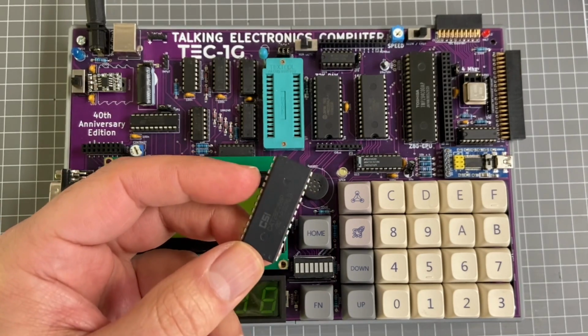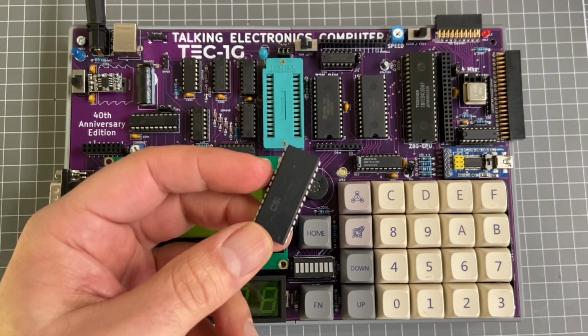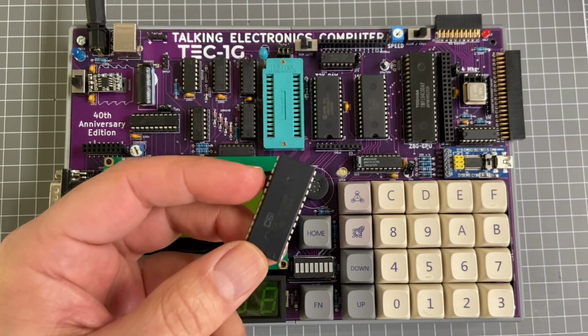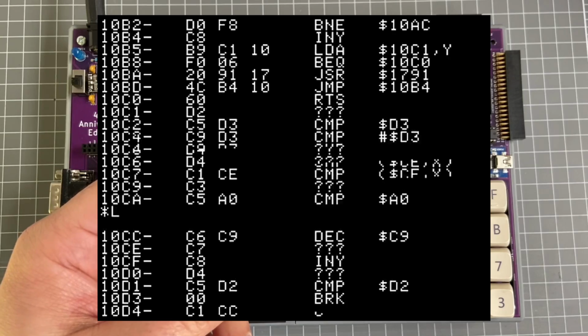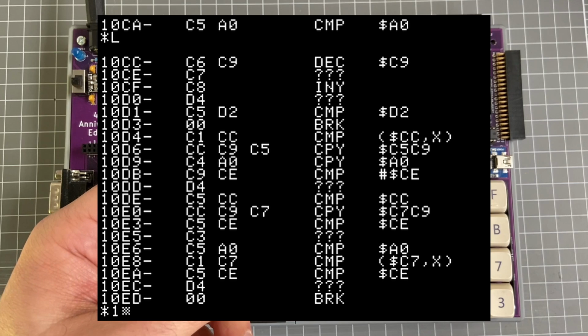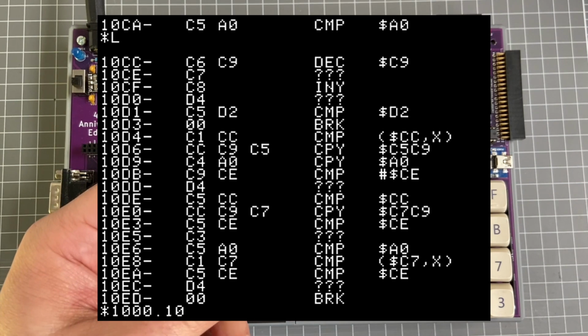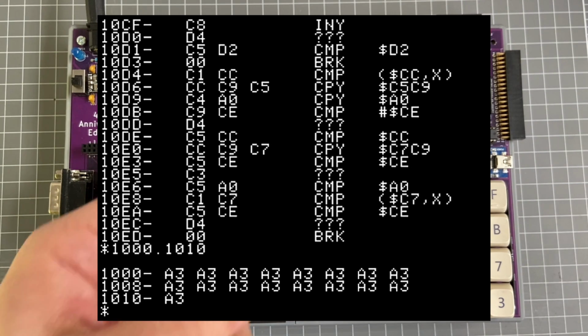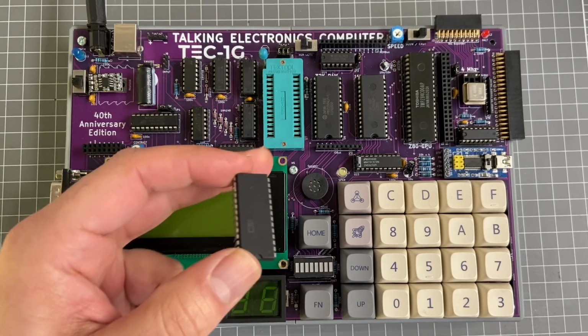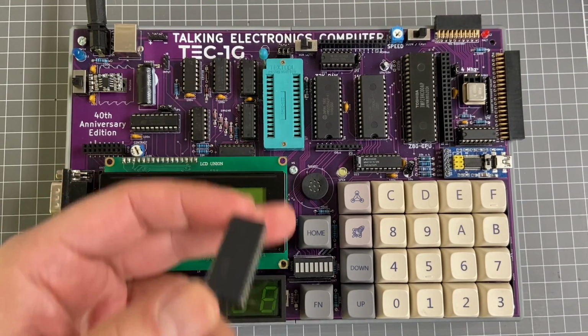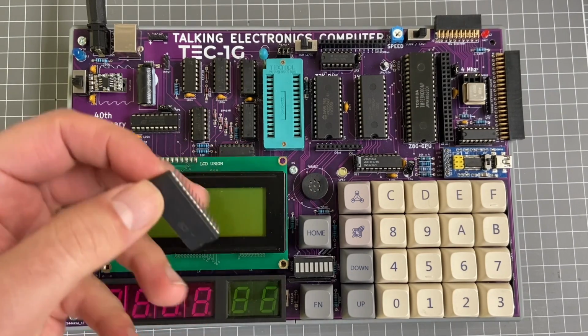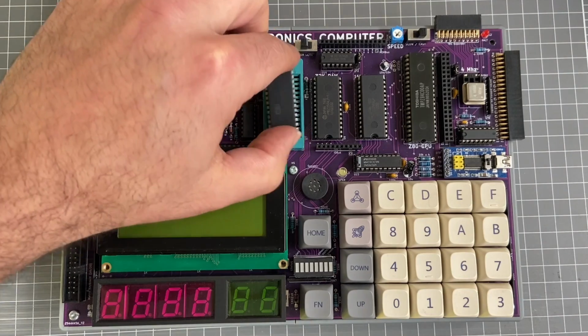And when I started playing with the TEC, I had no idea what a monitor was. I think it stemmed back from the Apple II days where you got that screen with the little asterisks. They called that the monitor, where you can have access to the computer's memory. And like with this monitor, it gives you the ability to access the memory of the computer and also the hardware as well. So I'll put it into the ROM slot,